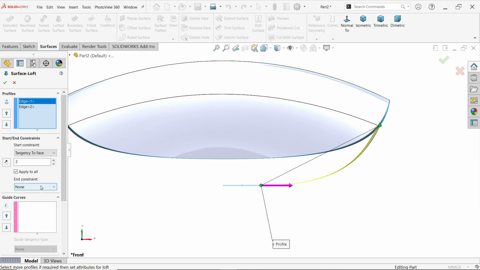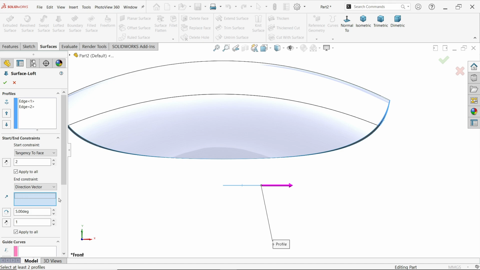Now select end vector direction. Now what is vector direction? The angle made by vector with horizontal axis. Now here I am going to select